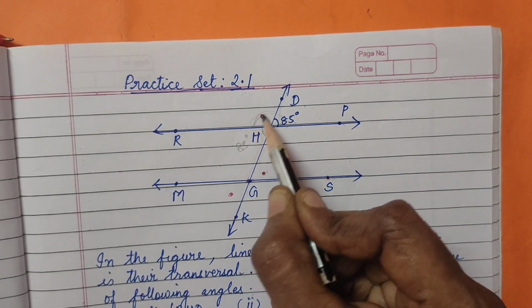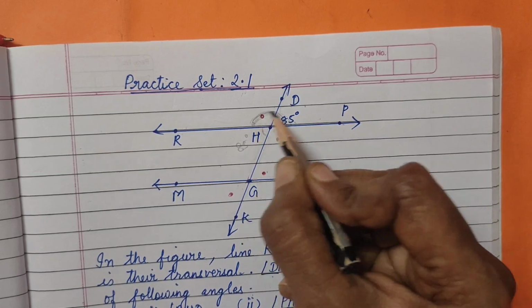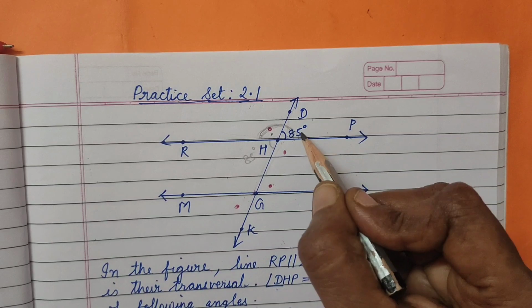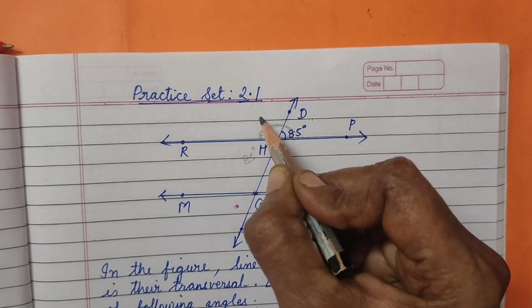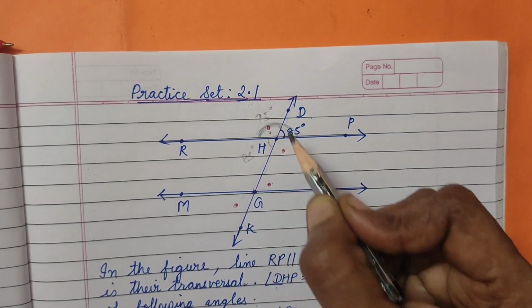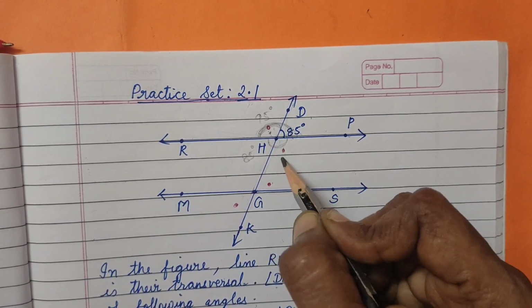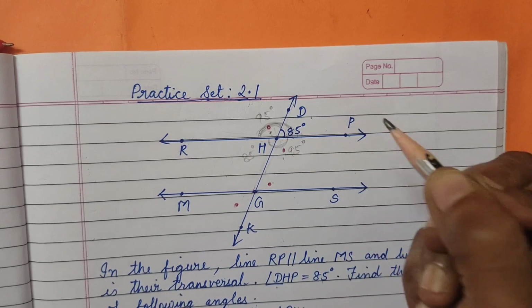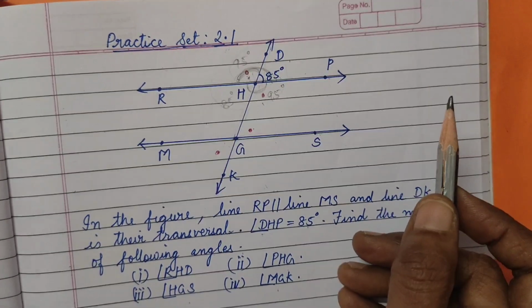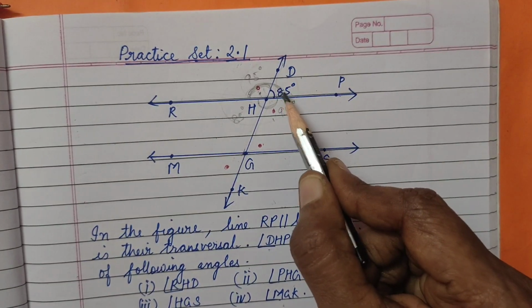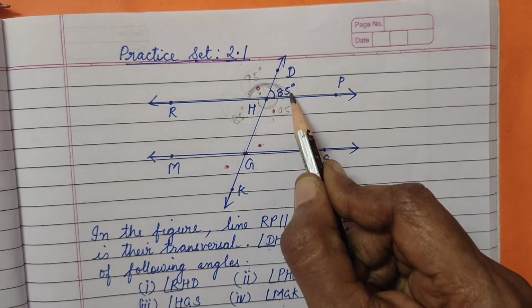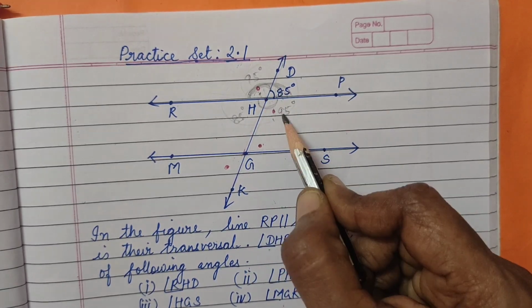Now see what this is. This forms a linear pair. Just now we have learnt, so this angle plus this angle should be how much? 180 degrees. So we do 180 degrees minus 85 and we get 95 degrees. Now that we have got this one, what is this? A vertically opposite angle. So again you will get 95 degrees. So we have found everything here. We are just doing this orally, we need to write the steps here. So this is 85, this is 85, vertically opposite angles, and this is formed by a linear pair, and this is a vertically opposite angle.